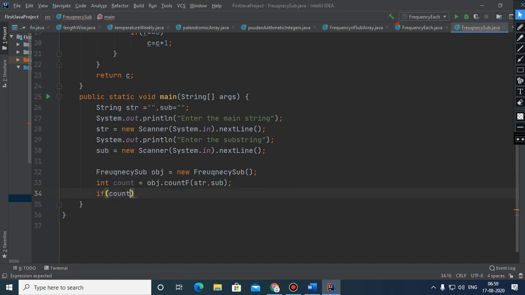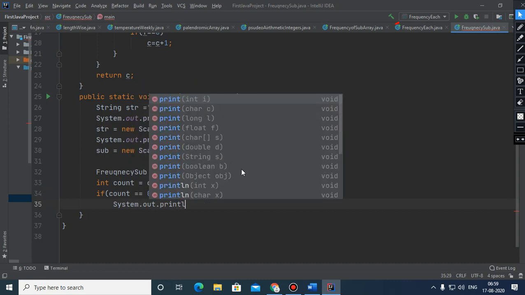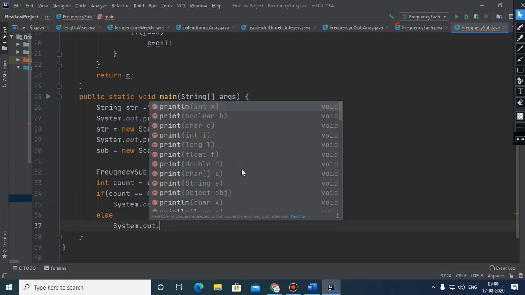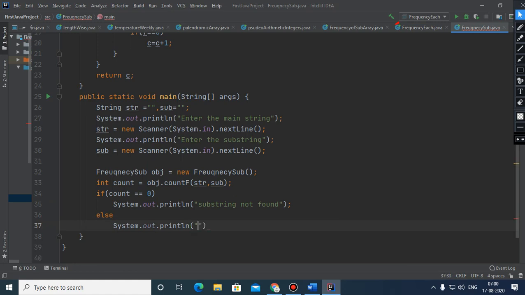If count is 0, substring not found, else the frequency is count.